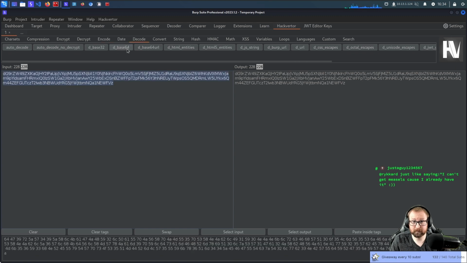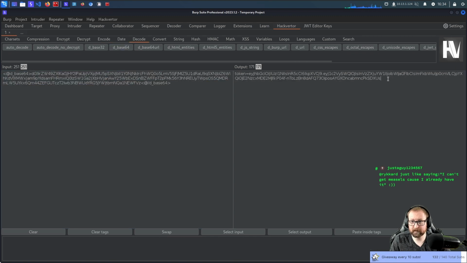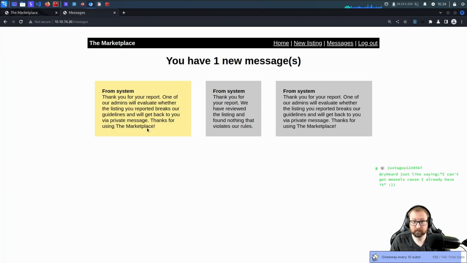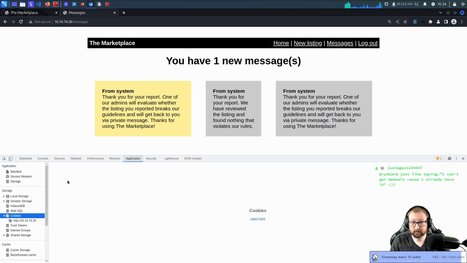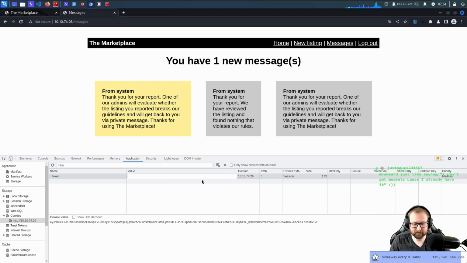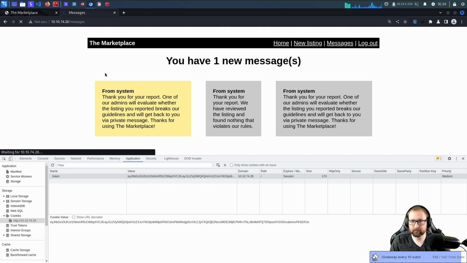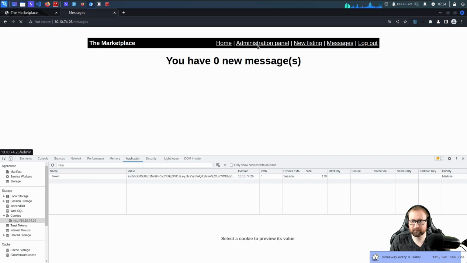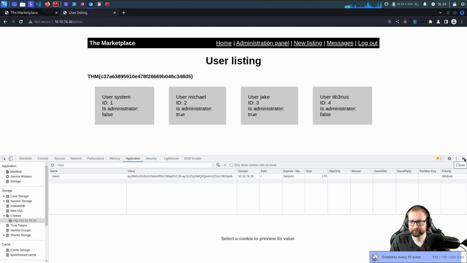So we decode base64. Now we get this token. And all we need to do now is go into our inspect application cookies. Double click this, delete it, paste this one, and I imagine if we now refresh the page, we should... Yes, hooray, we're admin.